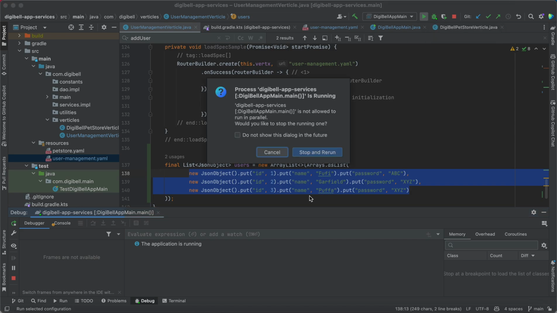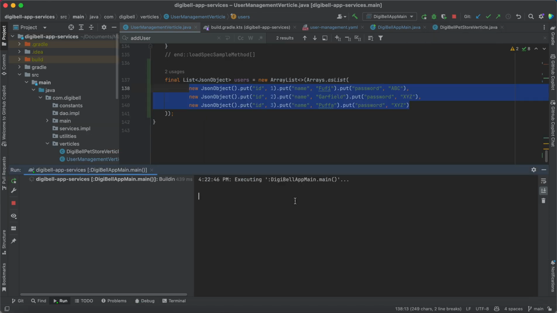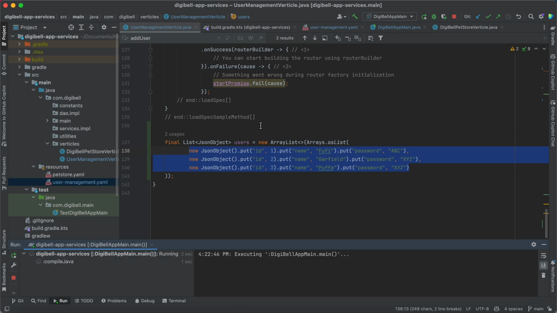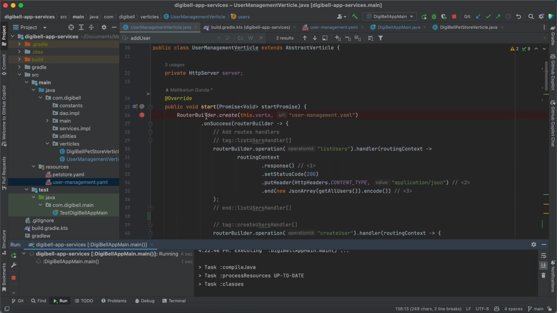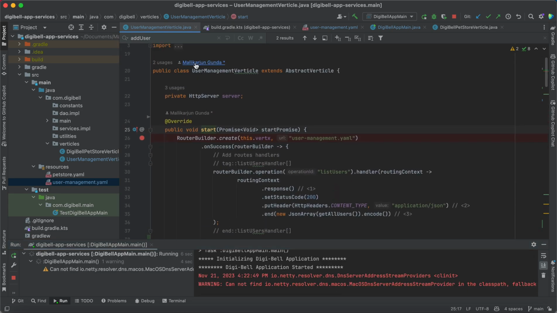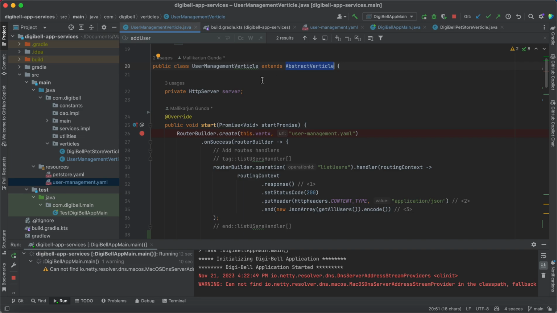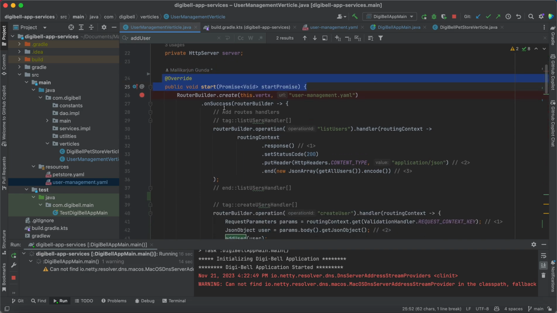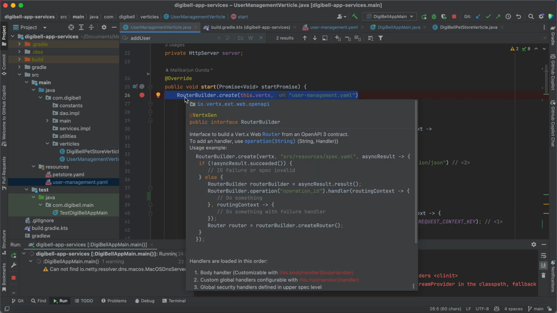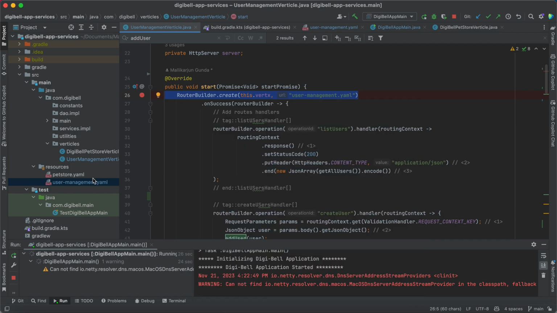Before I start the application, what we did in this particular application is, the vertical extends an abstract vertical, which is the default one that we have. Within that vertical, I'm overriding the start method. The start method takes care of creating a route builder. So when we load this route builder, once the load is successful,